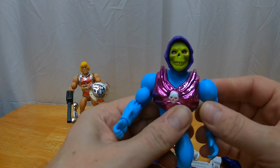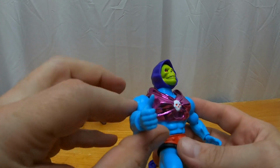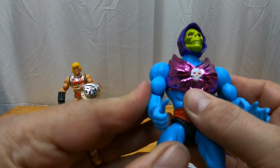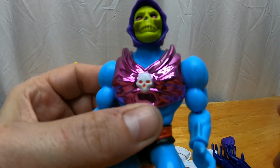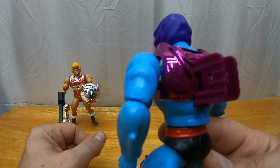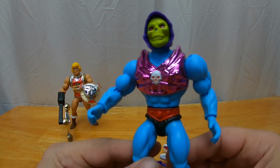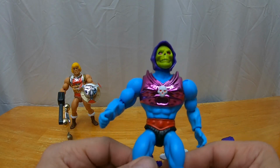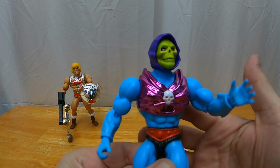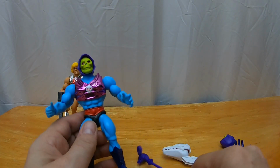Alright, here we go, Terraclaw Skeletor out of the package. It looks like his shoulder isn't quite, that's weird. On this one it's pretty noticeable, maybe the mirror reflection is showing me the joints. But it seems like the shoulder on my Terraclaw Skeletor is popping out quite a bit. You guys seeing that? Just a little bit of extra separation there. Oh well, it's not a big deal. So, nice vacuum metal. Got that vintage head sculpt. We got our freestyle dance instructor action feature. Maybe the vintage one did come with a Havoc Staff, because